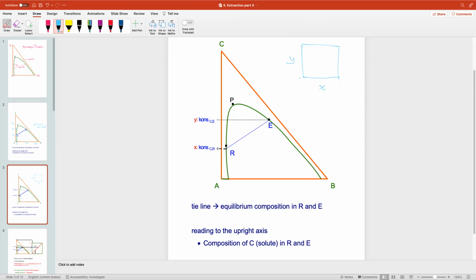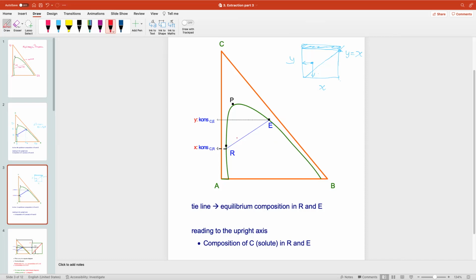So if this is the line for x equal to y, yeah, this is the line where y equals x. At any point there, it can tell you which one is y and which one is x. Now in extraction, we also have the correlation between the extract E and the raffinate